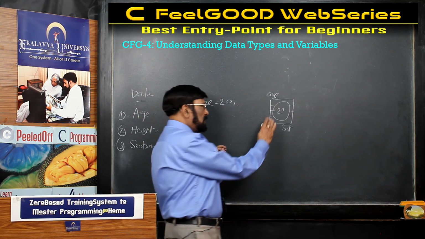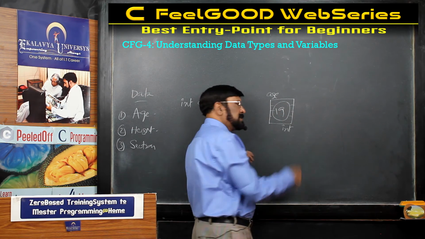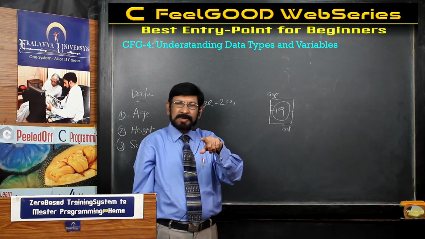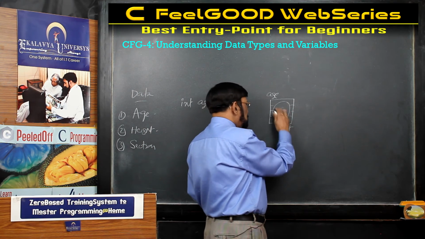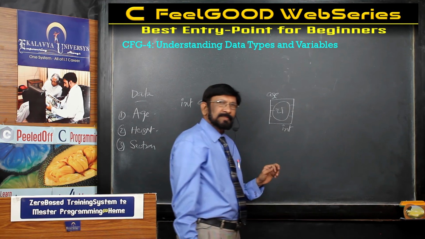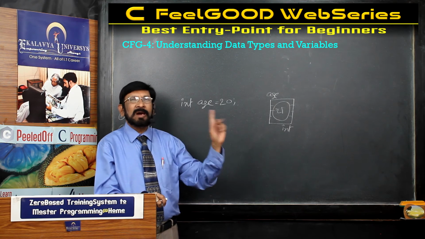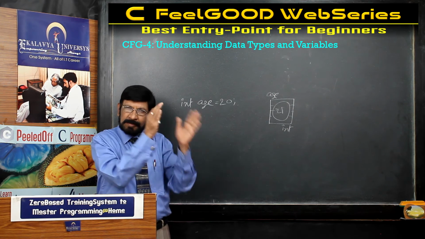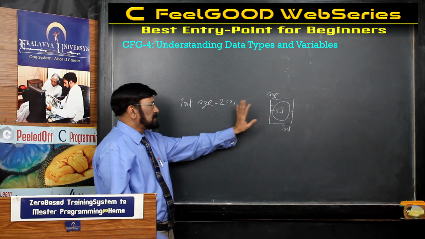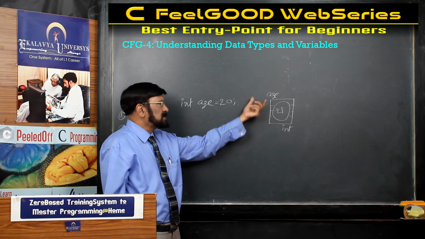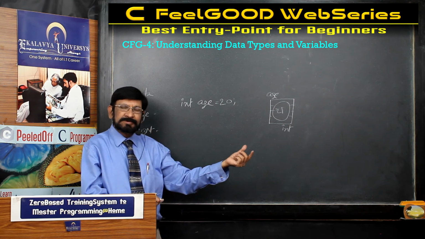20. What about in previous year? It was 19. 19 was replaced by 20. What about next year? 20 is replaced by 21. So in this manner, in this context, with this meaning, we call it a variable. But a mathematical variable is different, a computer variable is different. This is the thing. So variable means what you understand: a named memory container in which a constant is stored which